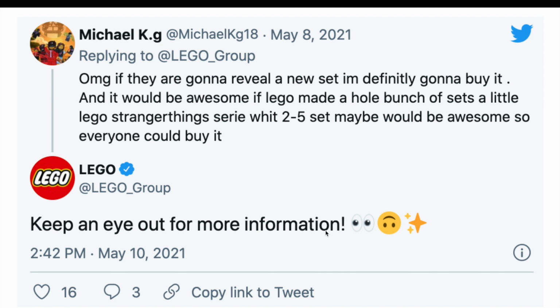They have the eyes, the upside down smiley face, maybe a reference to Stranger Things. Not any spoilers for those of you that haven't watched it. And then a star. Now, there are obviously so many ways that you can interpret this. I really want to say that we have a new set coming, but unlike the Tumblr or the Daily Bugle,